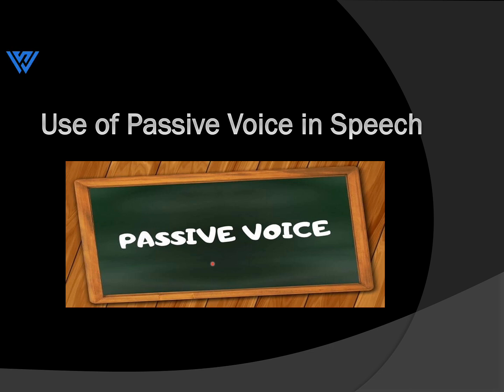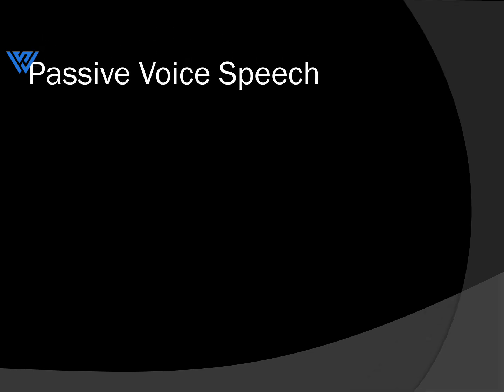For example, एक window टूट गई है. The window was broken by Ali. If I say Ali broke the window, so Ali would think the instructor is blaming me for breaking the window. Maybe Ali se toot gayi ho. Maybe that was an accident. To show that, we would use passive voice. That was a generalized idea of what passive voice in speech is.